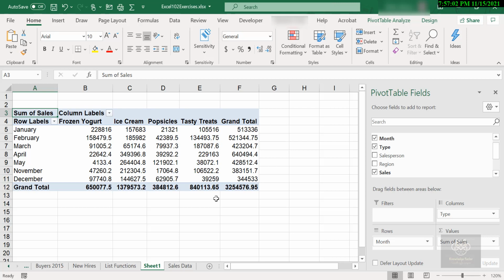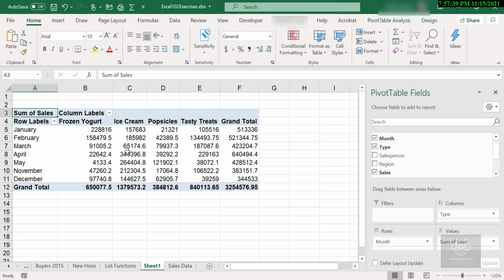The most time-consuming portion of building a pivot table is deciding how you want to lay it out. What is it that you want to display? Do you want a sum of sales by month? Do you want a sum of sales by salesperson? That's going to be dictated by what your report is. Who are you showing this to? What do they want to see? What's your meeting about? You're going into a meeting, they want some summary information, they want X, Y, Z, and you quickly build that inside of a pivot table in Excel.